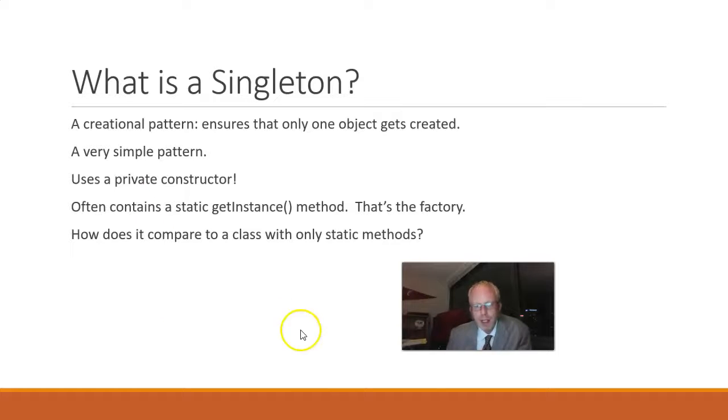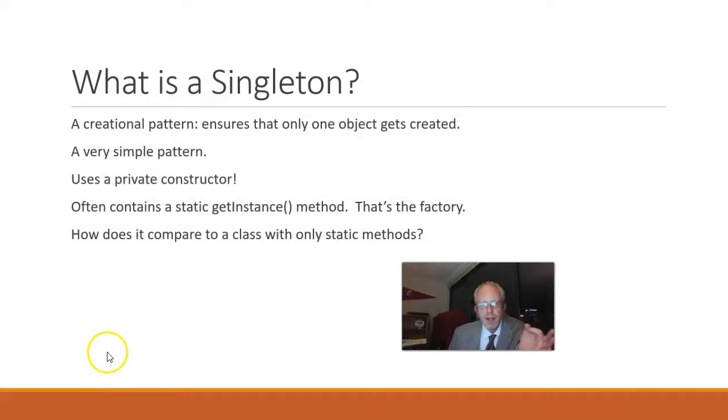Now, important keyword there is when needed. Remember, we only want to create one object of this class. So what we'll do is we'll say, do we have the object yet? If so, return it. If not, call the constructor, create the object, return it, but then also store it for future use. So what I'm going to do is take an existing class I have that has only static methods